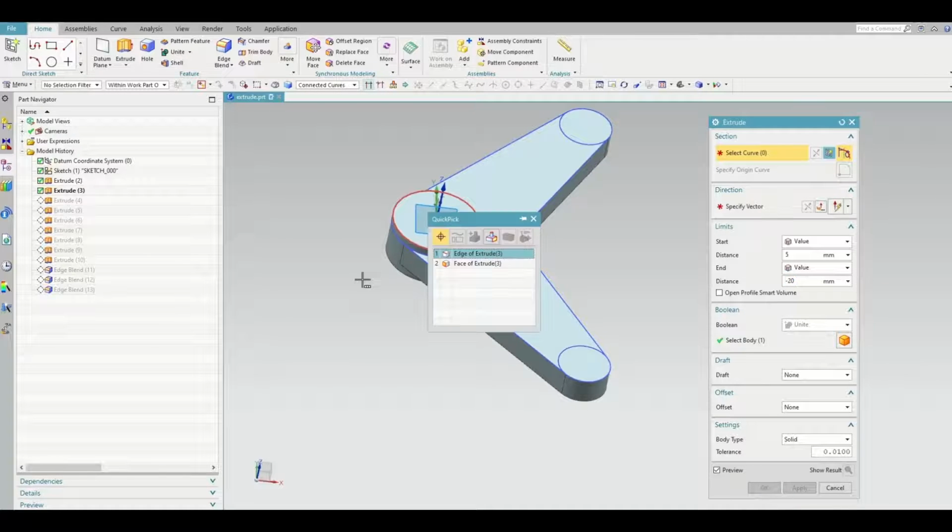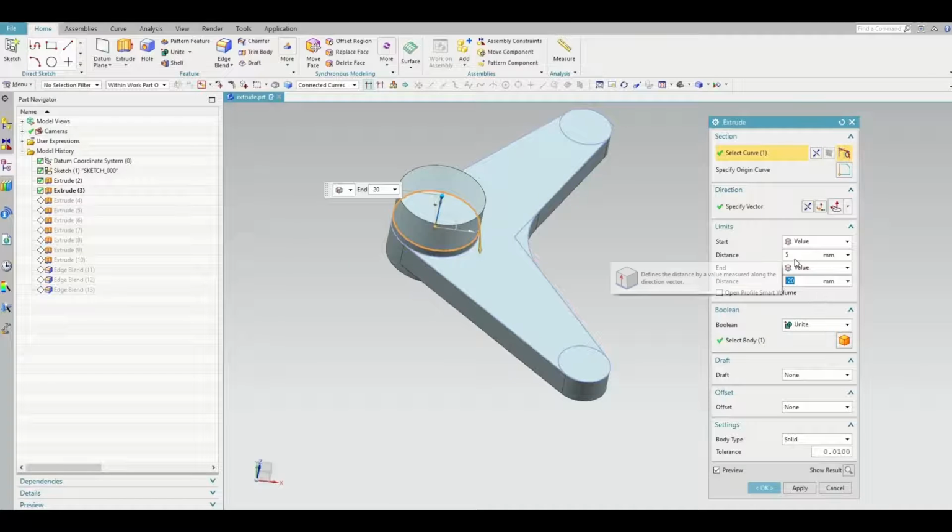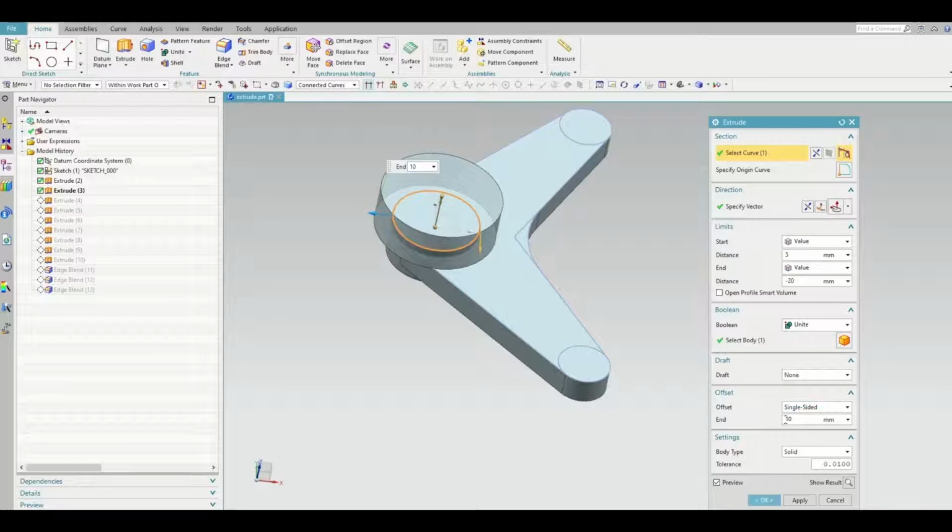And again the extrude command is selected. We are here to create a hole in it. This is the offset. Whatever edges of these circles are selected, we give minus 5 mm. It means that from the existing circle it offsets 5 mm inside.